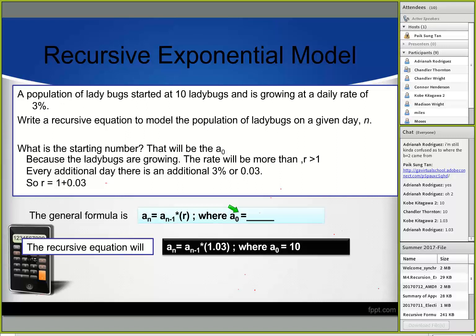So for all recursive equations of exponential growth, you always have this formula. Okay, just the previous